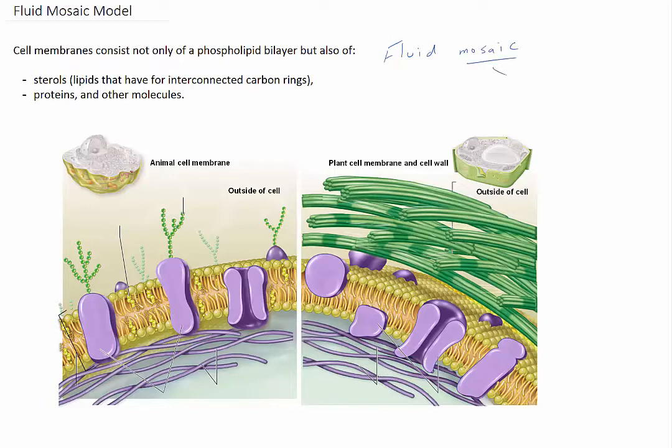Mosaic because it's made of several structures, or components. And fluid because the membrane actually can move around. It's not constant. It doesn't stay in one place. So the phospholipids and other proteins that are embedded within it can actually move around. They are fluid